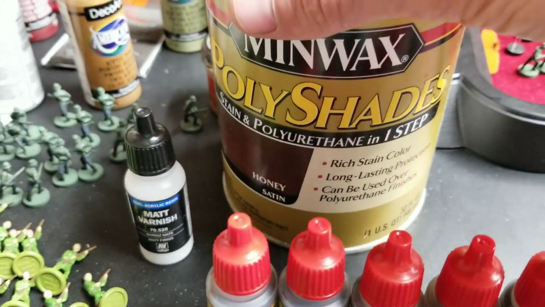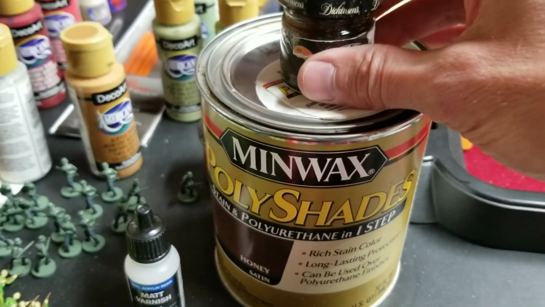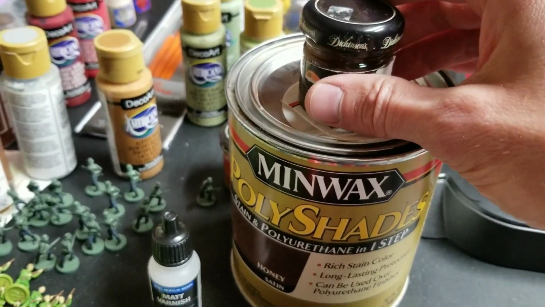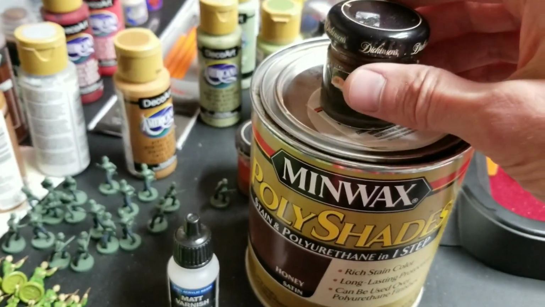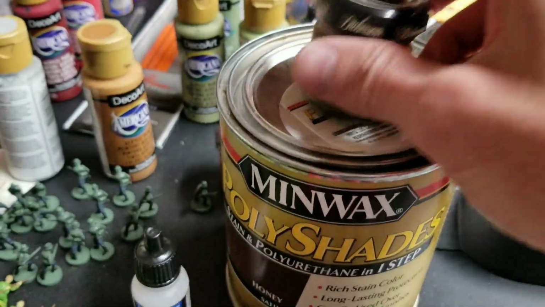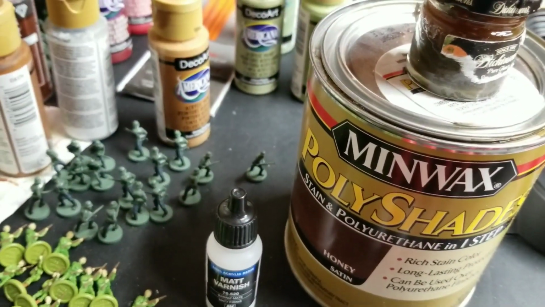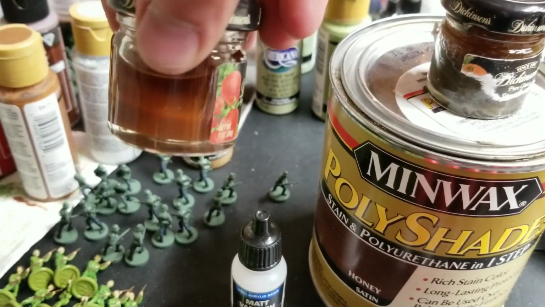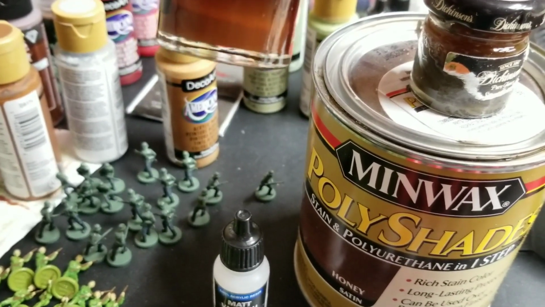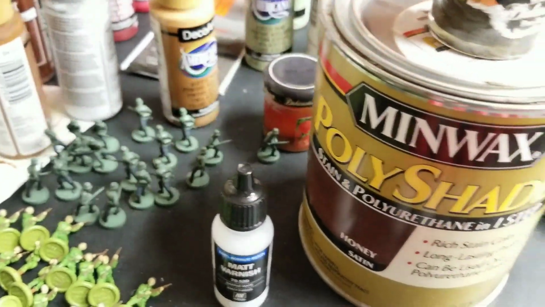The thing to be aware of with this Minwax stuff is it is oil-based. It's not water-based. And to make it easier to work with, I just took some out of the main can and put it in a little tiny jam jar. It's kind of easier to work with that way. I also went and found me another lighter color to be able to use where I maybe didn't want something quite so dark. But it's the same idea. They're just Minwax